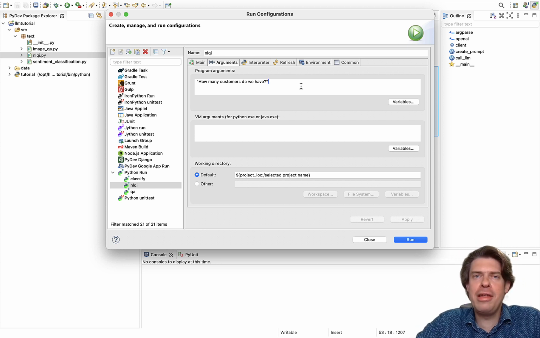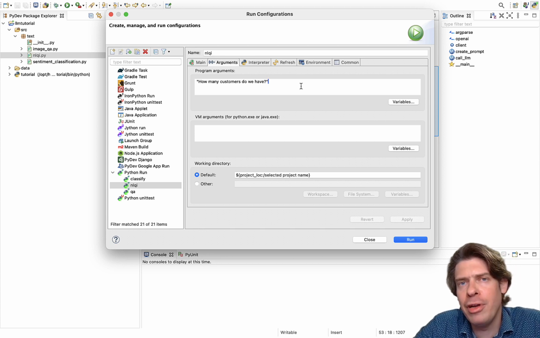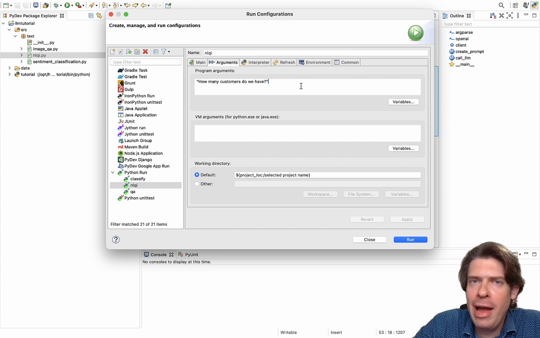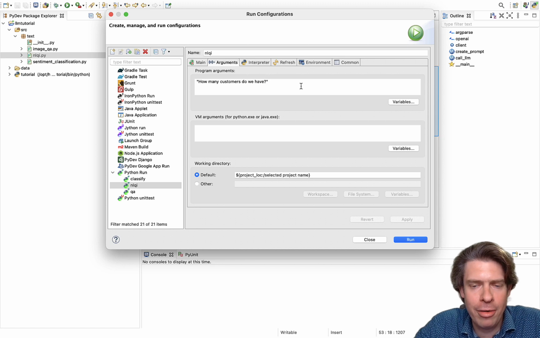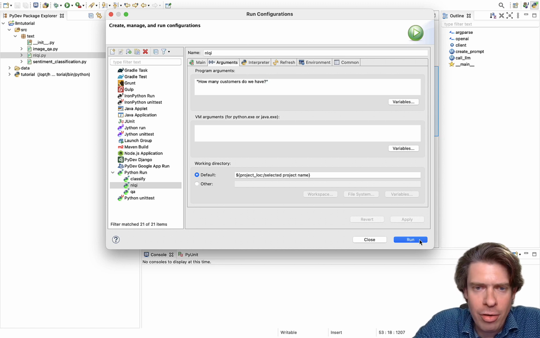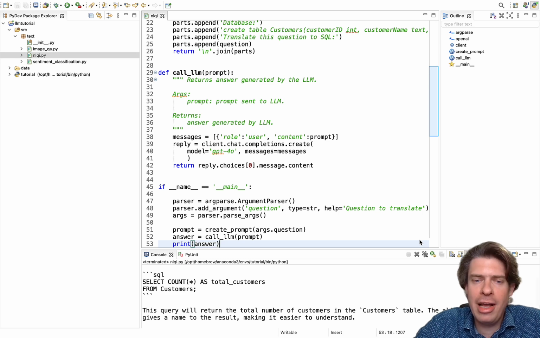So here I have already selected a question. I'm asking how many customers do we have? So that should translate into a fairly simple SQL query on my customers table. Let's see whether the language model can figure that out. So I'm gonna run the code that I have written so far,